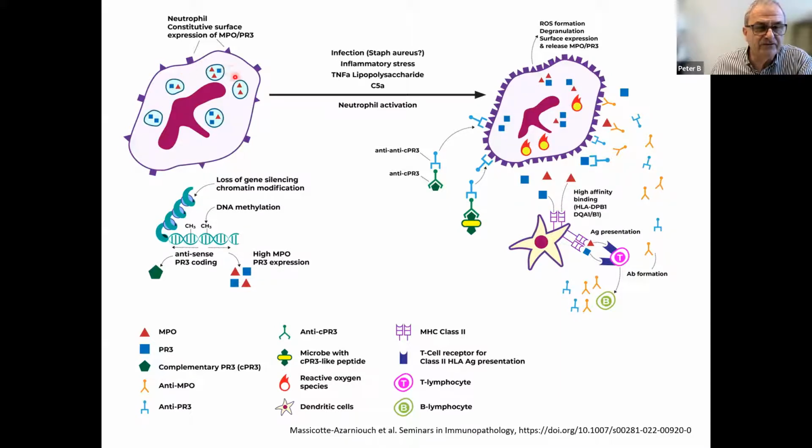Normally, the neutrophil has expression of both MPO and PR3 on the cell surface, but in low amounts. But with some trigger, possibly infection or inflammatory stress of any kind, or also complement activation, it activates the neutrophil, and then we have a much more intense expression of MPO and PR3 on the cell